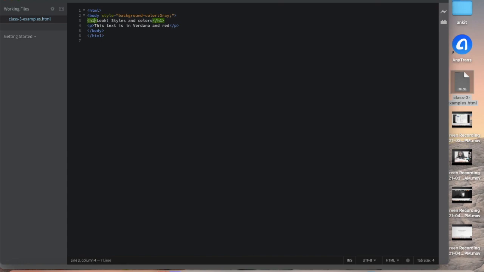So basically if I want to use the internal style, what we used to do, we used to define it inside the head section. I will just write head. Then I will mention the style here within the same HTML5 inside the head section. Okay, I will just define this style.